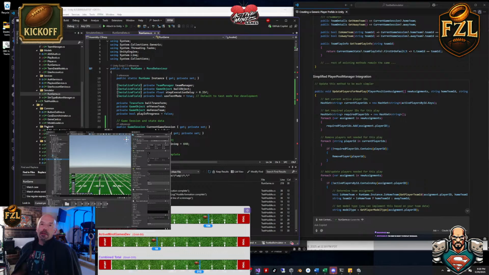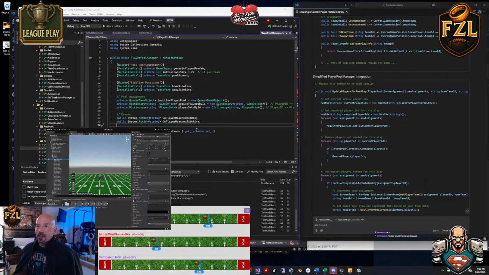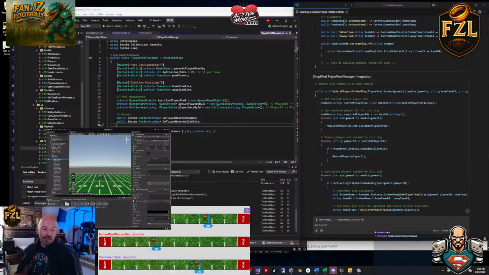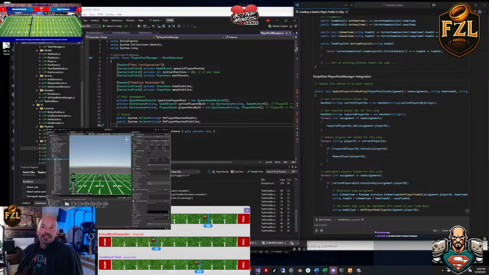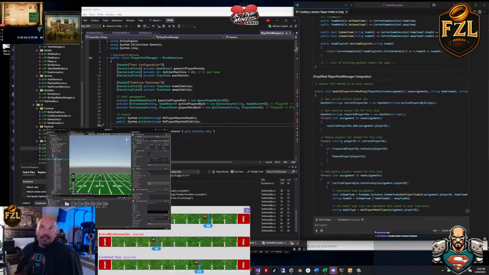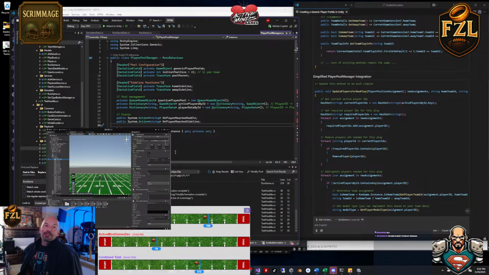Now the player pool manager's job is to handle players that are coming and going in the game. It doesn't delete the objects of whatever I'm assigning to them. Any player that comes in can be a different model, and I don't want to be reloading models all the time. So my thought is they're going to run off the field, and then they're just going to stay on the sidelines or disappear. I am interested in possibly